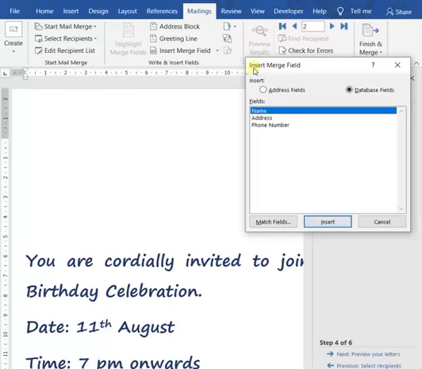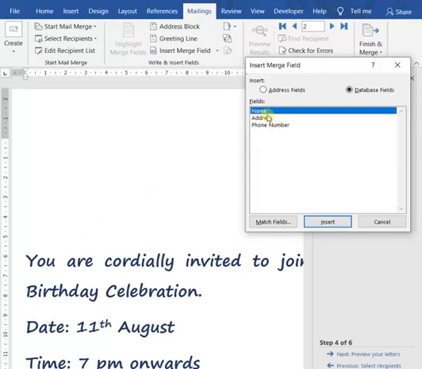See, it is showing a dialog window, the insert merge field window, where the database or data source fields are showing. We have created 3 fields: name, address and phone number. So these 3 fields are showing here. Now whichever fields we want to include in our document, only those fields will be inserted at the position of our cursor.